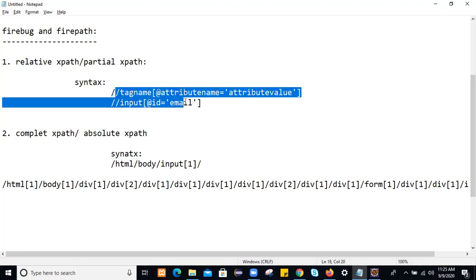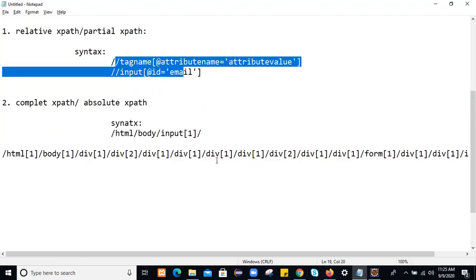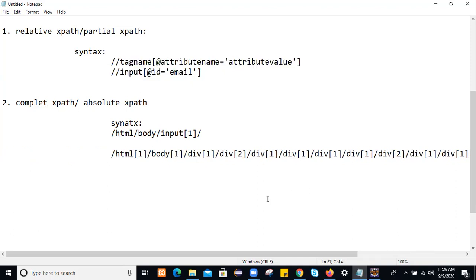Whatever inner HTML DOM is there, from the inner HTML DOM we'll generate this XPath. We can write our own XPath also. How to write our own XPath, how to become a master in XPath, we'll see in the next, upcoming session. But today's session, we will focus on how we are going to generate an XPath. Let's see, by using Absolute XPath or Relative XPath, how to automate any application.